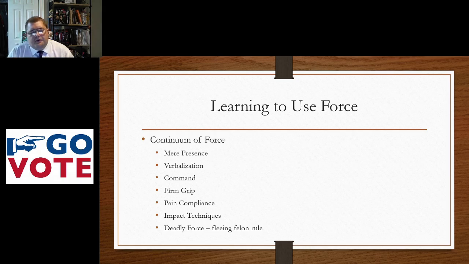So that continuum of force that I mentioned briefly in the last slide is laid out here. This is how they teach police officers types of force to use, when to use them, and to start with as little force as possible before moving into the later stages. The first is just the mere presence of an officer. This is the reason why places like QuikTrip, other establishments like that, will give officers free coffee, free donuts if they want to sit in the parking lot for a while. Most people aren't stupid enough to try to commit a criminal act when a police officer is there.